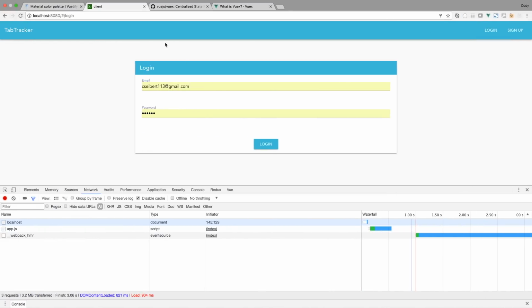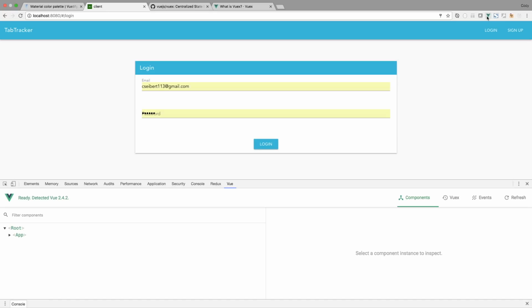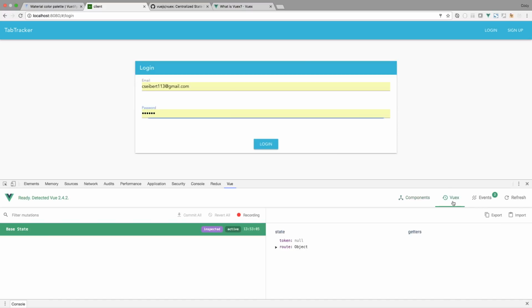All right, so let's go ahead and just force refresh the page just in case. And for Vuex, you can install a Chrome plugin called, if you search the Chrome store, Vue DevTools. So if you install that, you basically can keep track of the events that are firing off and how they're affecting your application. So in this case, if I were to change this to testing@gmail.com, change the password to that, and hit login,